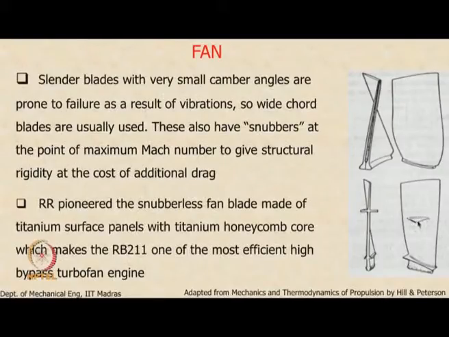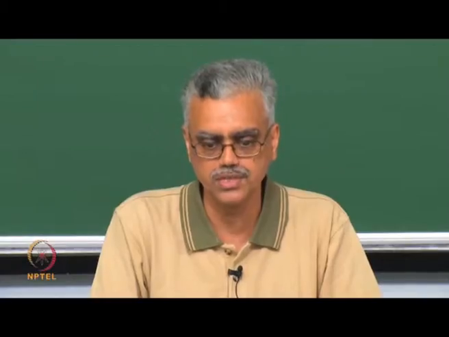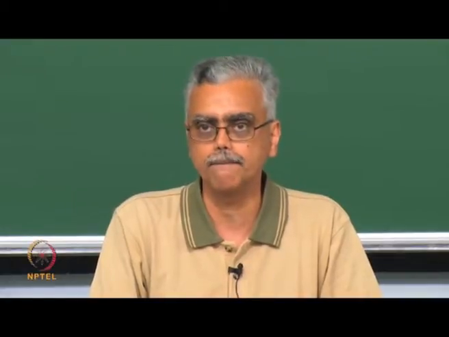In early designs, these kinds of fixtures called snubbers were also used in these fan blades. They are placed at strategic locations and they used to provide additional stiffness. But as you know, adding any component to this stream is going to cause drag and loss of stagnation pressure. So over a period of time the technology has evolved where we can dispense with these snubbers, and actually you can see that the wide chord fan blade is not only strong but also very stiff. It can withstand the vibrations without the snubbers.